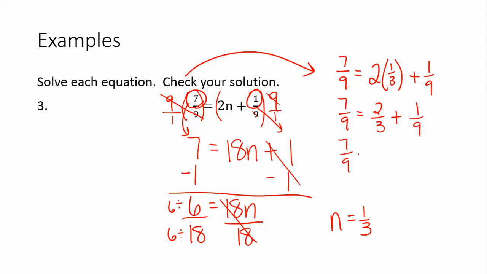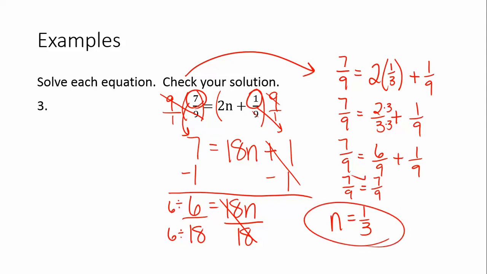We need to get a common denominator so that we can add the fractions together. So we're going to multiply the top and the bottom by 3. That's going to give us 6/9. 7 over 9 equals 6 over 9 plus 1 over 9 is 7 over 9. So you can see we get a true statement, 7/9 equals 7/9, so we know that our answer of 1/3 is correct. So we're going to practice this again,